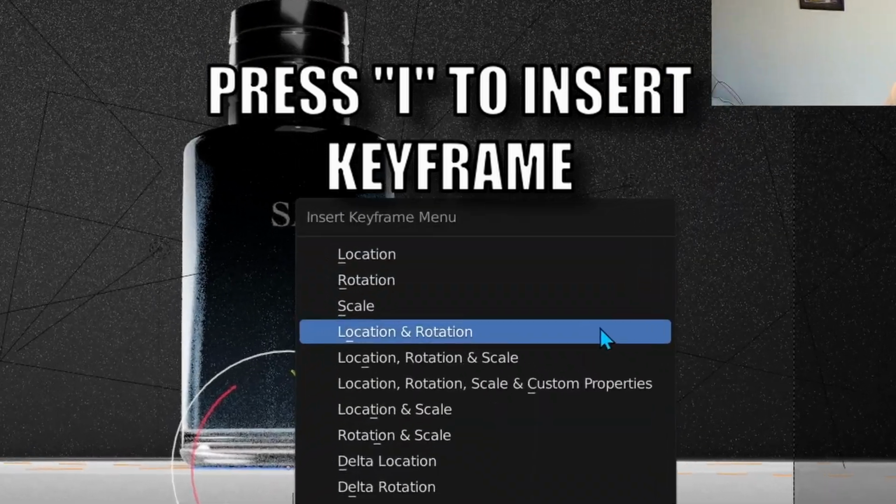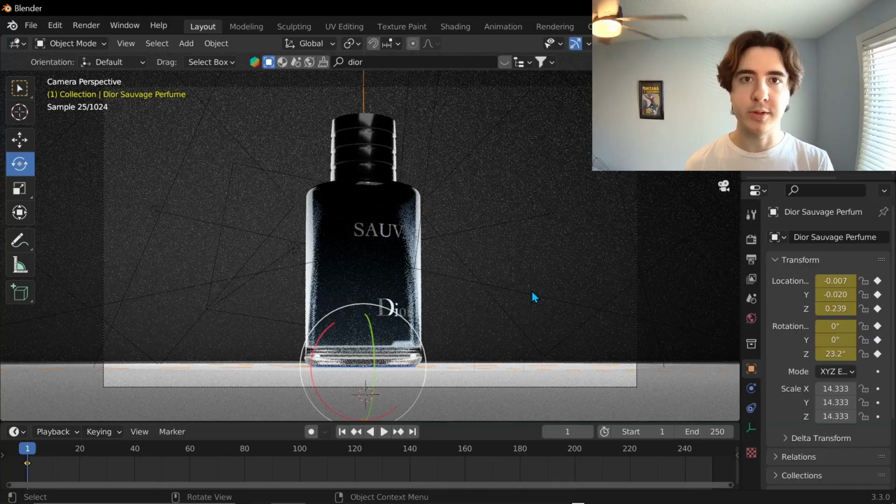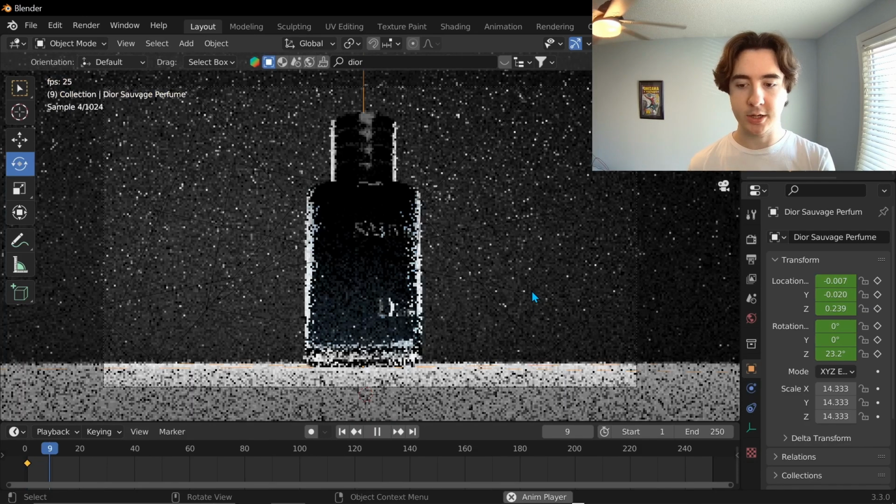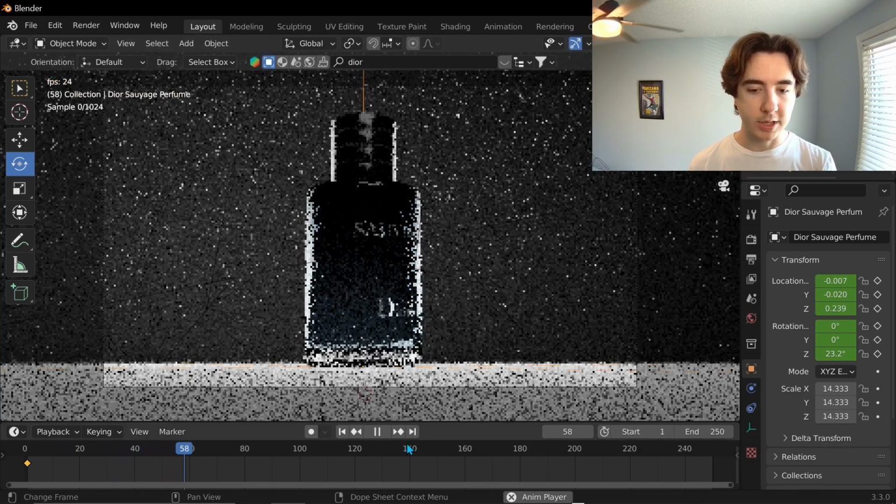And I'm just going to click I and location rotation. So what that just did is I set a keyframe so that the location and the rotation is kind of memorized. So if I add another keyframe, it'll remember this is where that location was. And then when I move something later on, like if I click play, and then maybe I'll just go to like